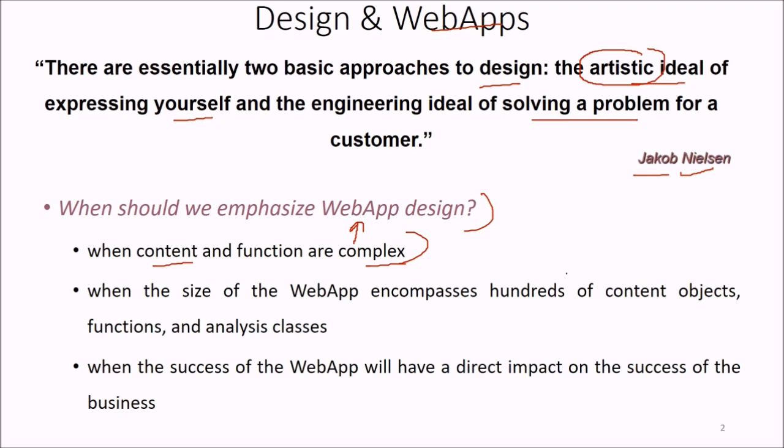When the size of the web app will comprise hundreds of content objects, various functions and analysis classes, and when the success of your web app will directly impact the success of a business. As I mentioned earlier also, eBay and Amazon are not worldwide just because they offer good services, but because they have a very good web application. The web application is very easy. Just by one or two clicks you can buy things. You don't have to enter so many things. There are suggestions, there are customer ratings you can read. I cannot express all those things which they have given to us, and that's why